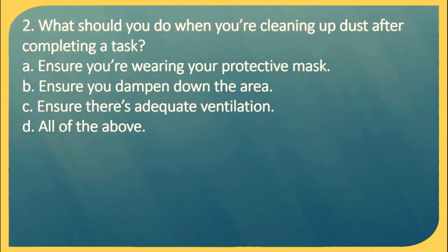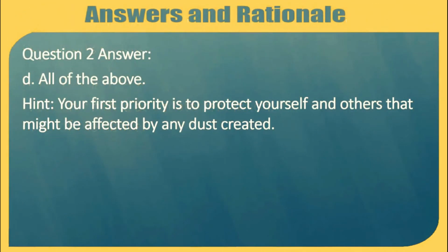Question 2. What should you do when you're cleaning up dust after completing a task? A. Ensure you're wearing your protective mask. B. Ensure you dampen down the area. C. Ensure there's adequate ventilation. D. All of the above. Question 2 Answer, D. All of the above. Hint, your first priority is to protect yourself and others that might be affected by any